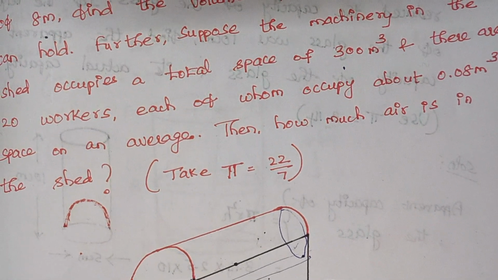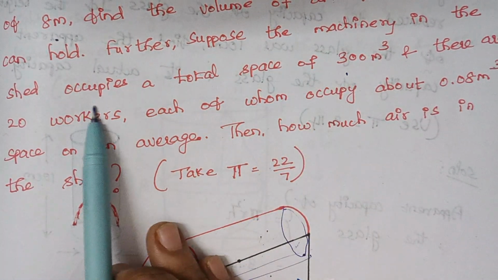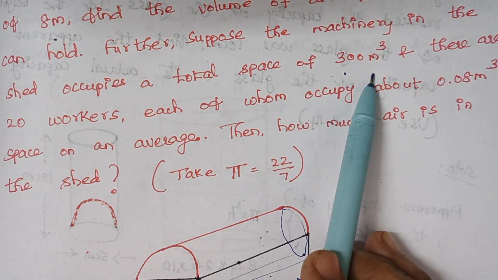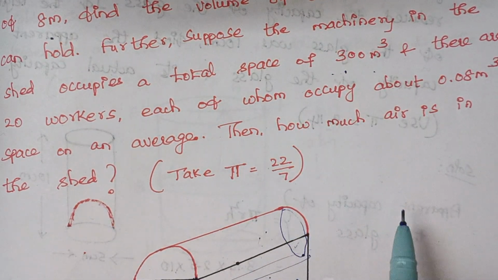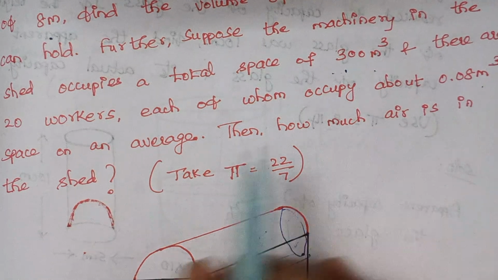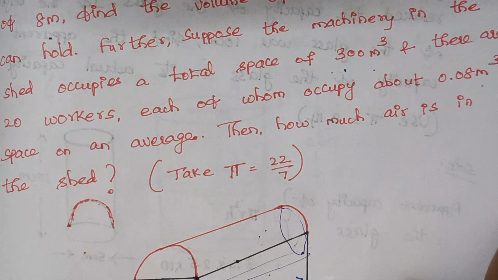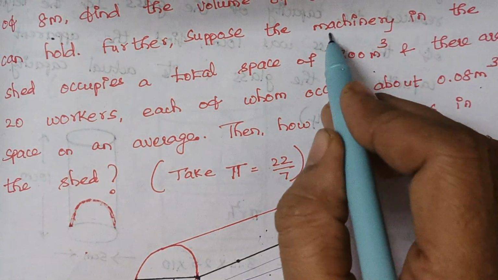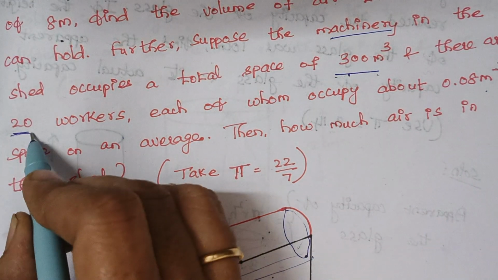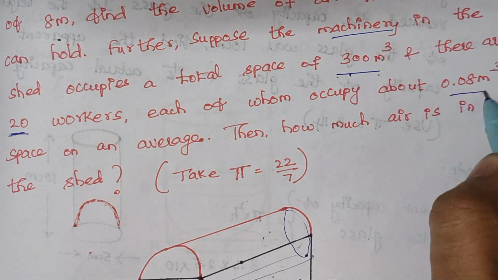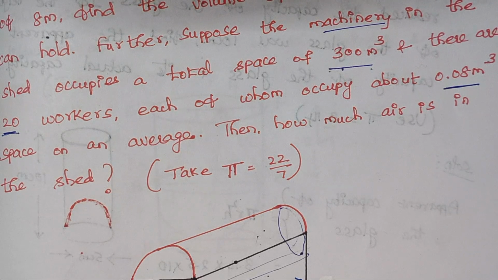Right. What are all the things we need to find? You see, suppose the machinery in the shed occupies a space of 300 meter cube and there are 20 workers, each of whom occupies about 0.08 meter cube of space on an average. Then how much air is in the shed? In the same shed, if we have machinery that occupies 300 meter cube and we also have 20 workers and each worker occupies a volume of about 0.08 meter cube, right, then how to find the total volume of